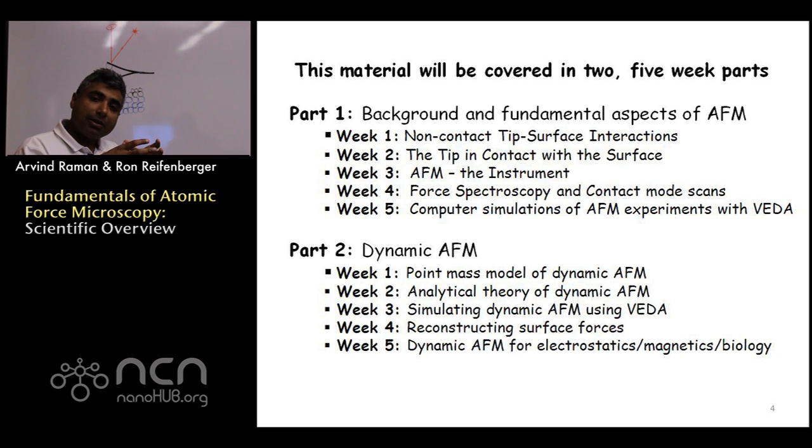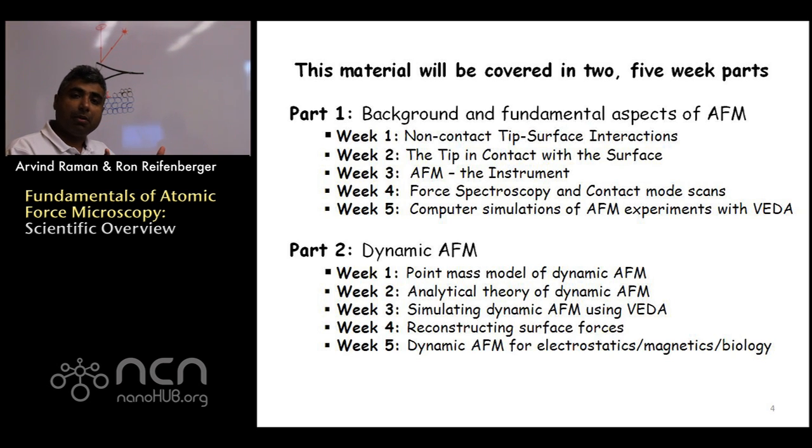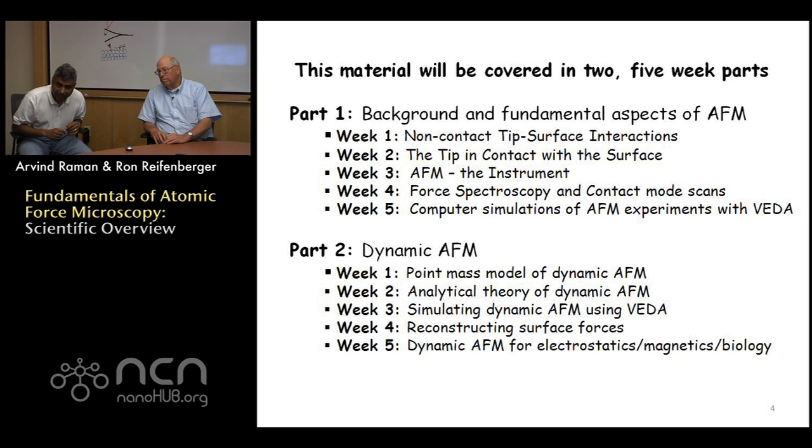And so in order to understand dynamic atomic force microscopy, we really need to have a very good understanding of the coupled model of the oscillating cantilever and interaction forces, and really understanding how one affects the other going both ways. So in this class, what we're going to be doing in part two is starting with the point mass